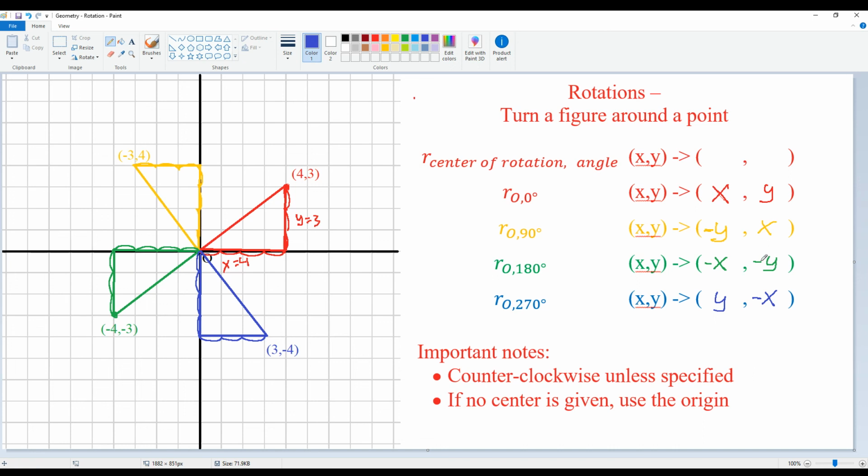So again, I took that 90-degree rule and I did it to my last rule. This is a 90-degree rotation from the green triangle, from the green rule. I switched the places and I changed the sign of this one. So -Y turned into +Y,